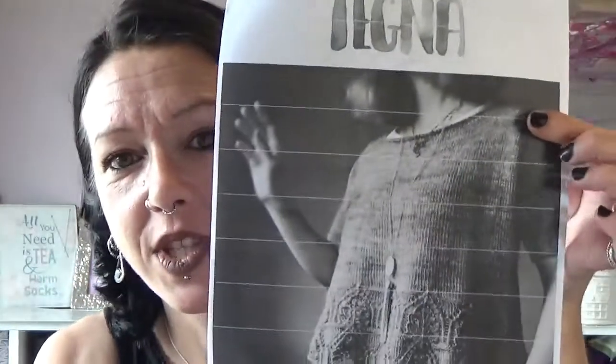So my current works in progress: I have done half a round on my Sold Up Now crop. I got to the point where I was going to separate for the sleeves. I said last week that I was going to do that half round, separate for the sleeves and then go, and I got as far as separating for the sleeves and stopped. I'm not going to show you, it looks exactly the same. So instead I did cast on the Tegna, which is this beauty,